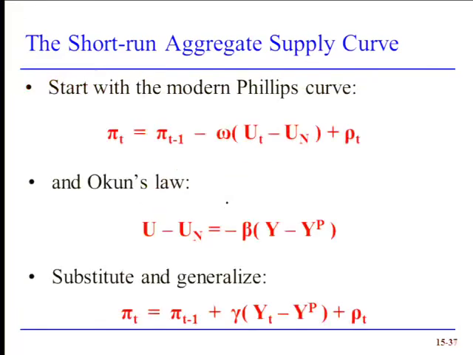Now, what we can do is start with our modern Phillips curve, our first equation here, and take Okun's law, our second equation,